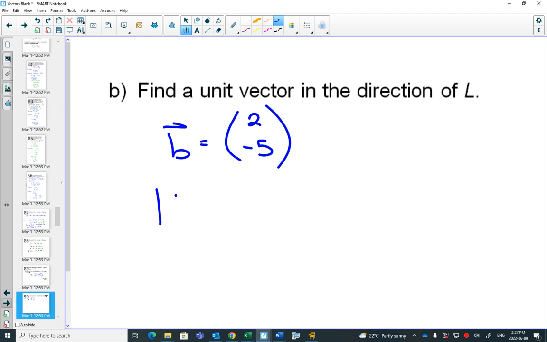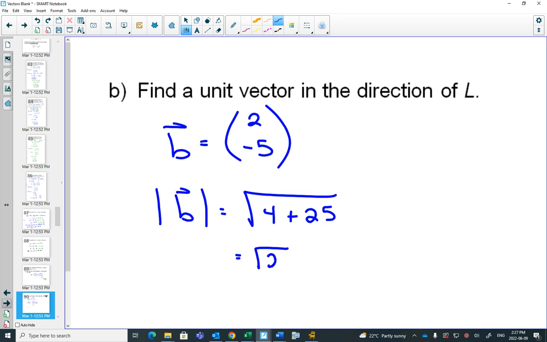The length of that direction vector, 2 squared plus negative 5 squared, is square root of 29. We want to find a unit vector. You can always find a unit vector by taking any vector and dividing by its length so that you make it a length of 1. So the unit vector